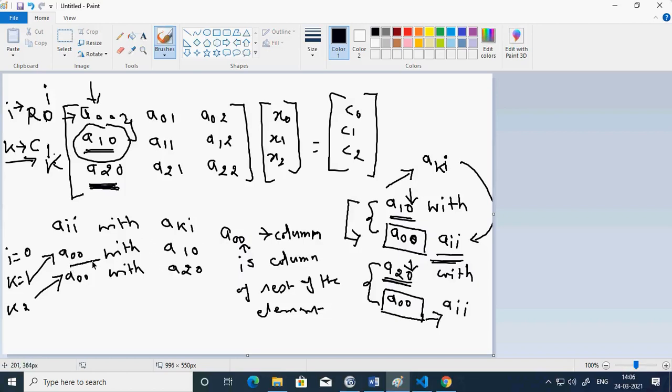You could see A00 is compared with A10 and A00 is compared with A20, and this is what we are trying to achieve. So for comparison I have to use AII with AKI. Depending upon how K varies, that is the value I am going to get. This is the logic I am trying to put here.